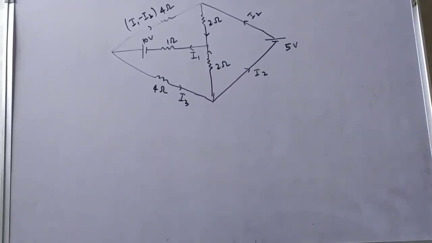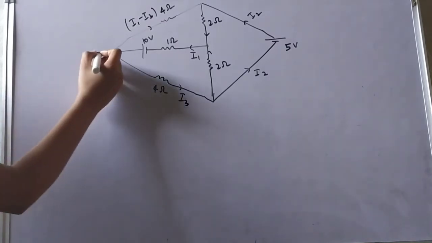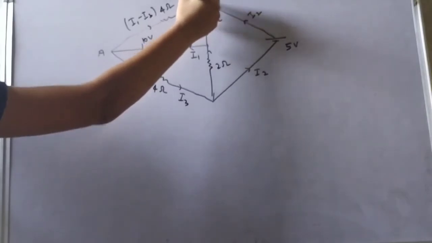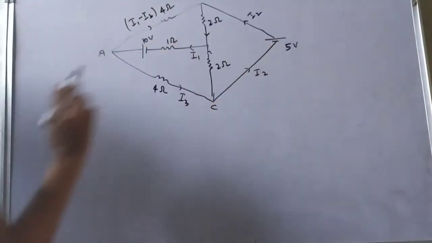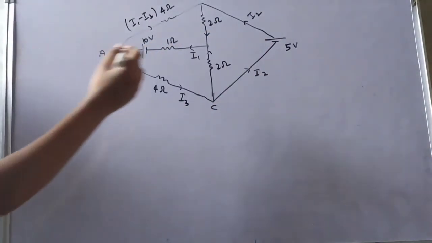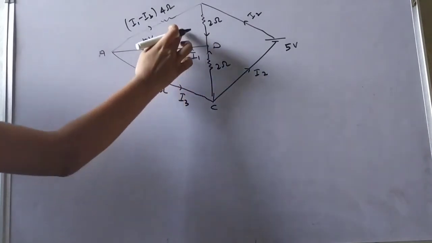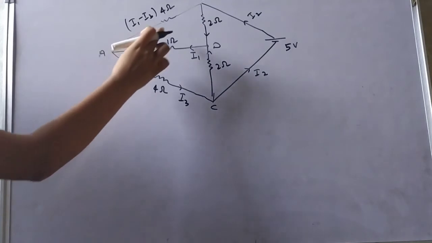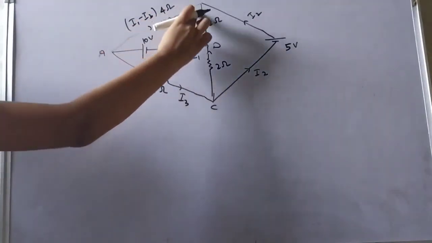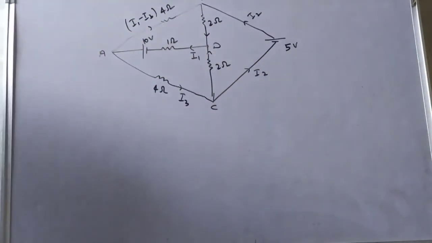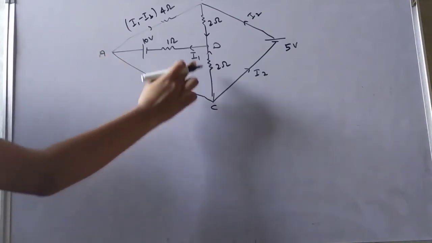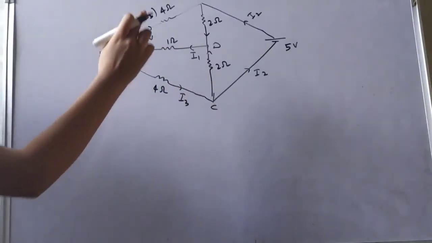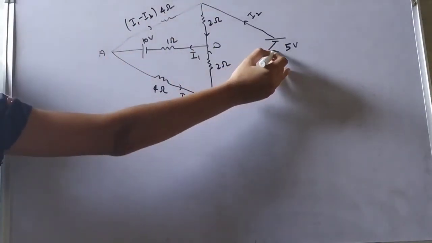Okay, here is the second question on KVL. We have to make the equation here. So we take the points here A, B, C, and this one we take as D. So here we have 3 closed loops. First one will be A, B, D, A, and second one will be A, C, D, A, and third one will be B, C, and we take it as E.